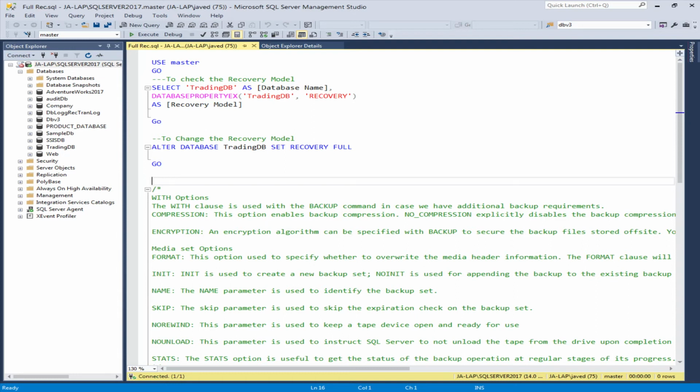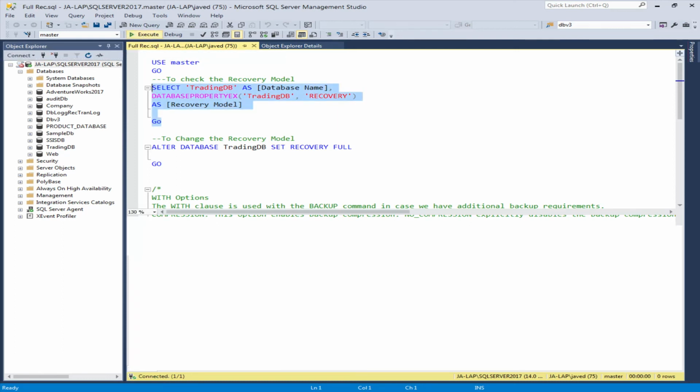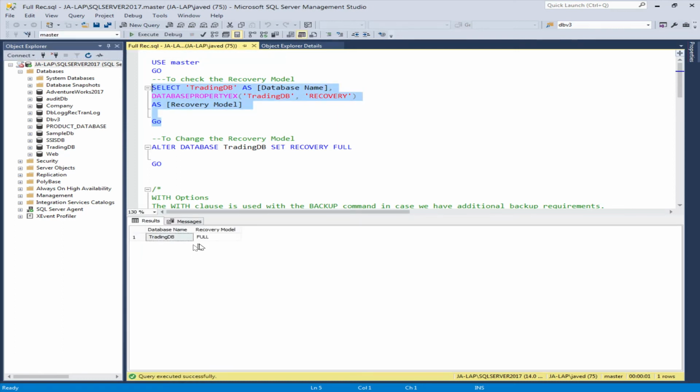First, if we need to check which recovery model is set right now for our database, this is the query to check it: select the trading DB database property recovery model. So our database is trading DB and it's supporting the full recovery model.